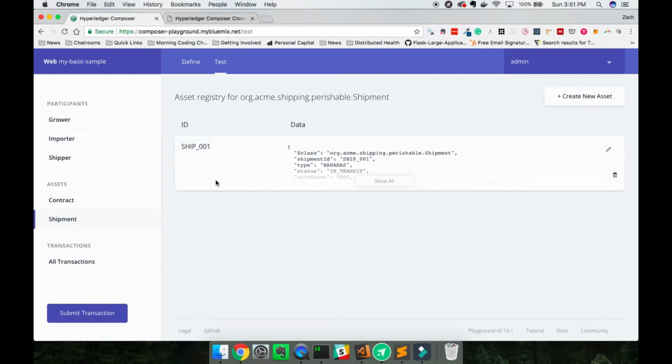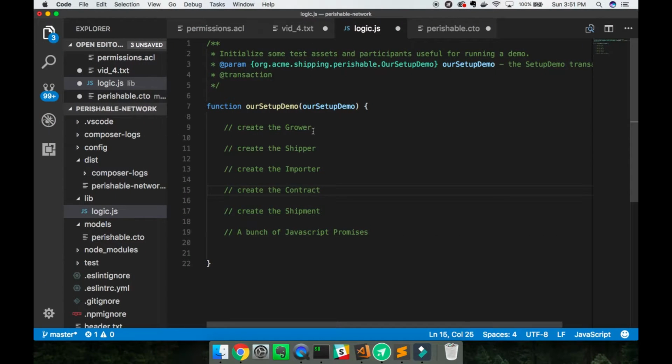So that's what we're essentially trying to do with this function. We have to actually create the grower, shipper, importer, contract, and shipment, and then somehow, with a bunch of JavaScript promises,